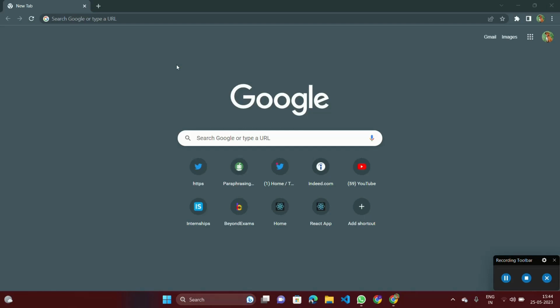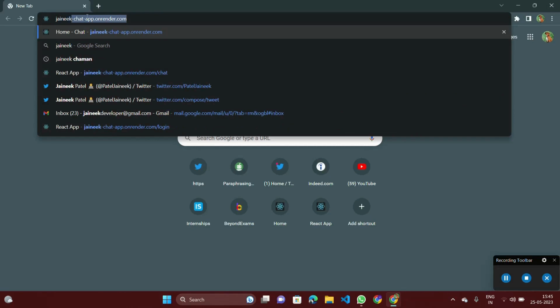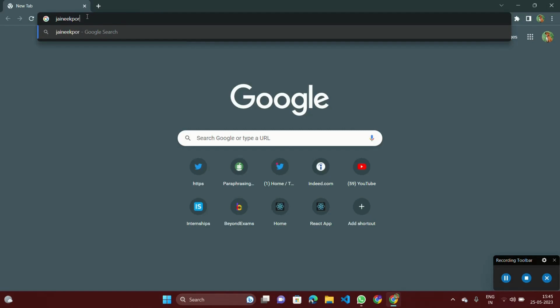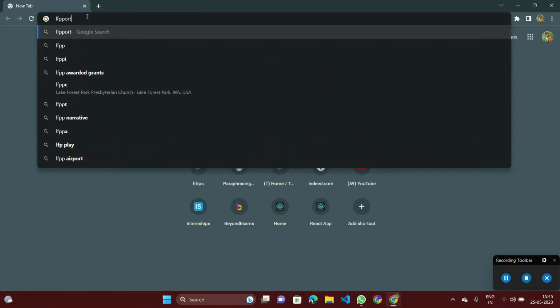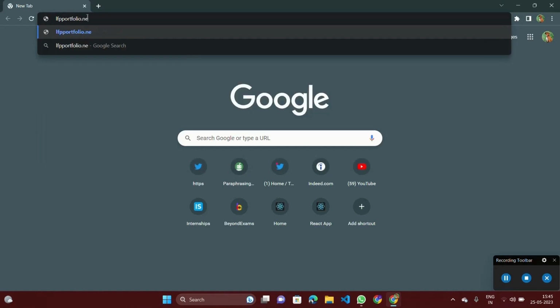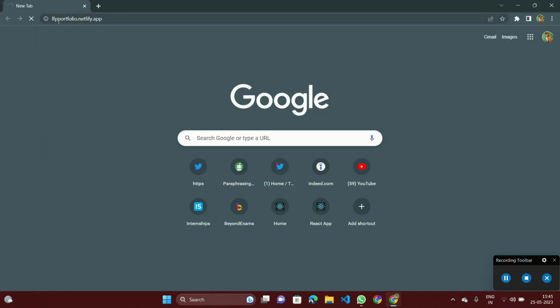If you don't know about portfolio websites, don't worry. So let's see what a portfolio website is. Let me search Janik. No, it says the P portfolio.native5.app. Okay,